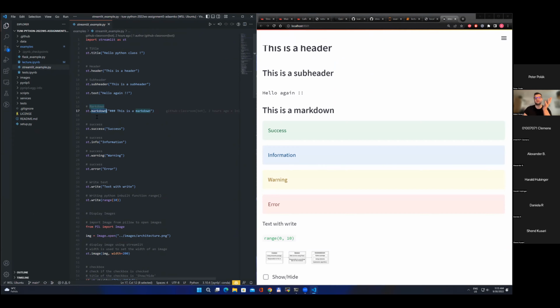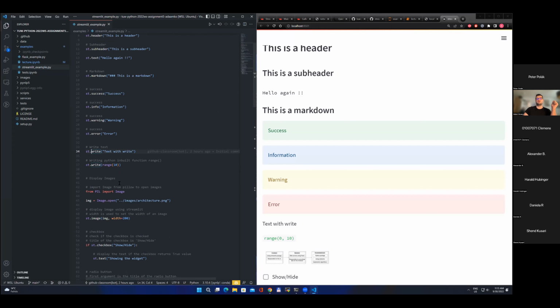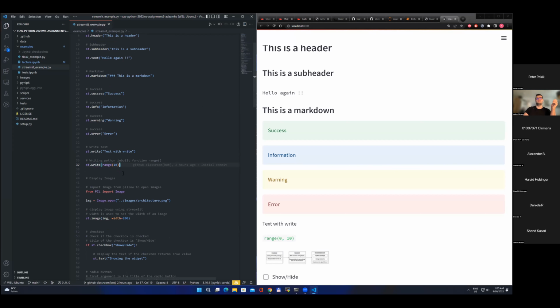You can also write Markdown to Streamlit using the Markdown function. You can write any information using the write function. The write function is kind of a magic function. It writes out basically anything. For example, if I want to write out a dictionary,